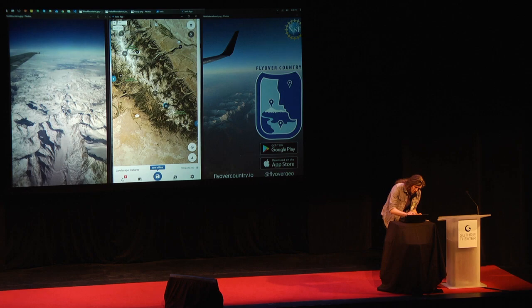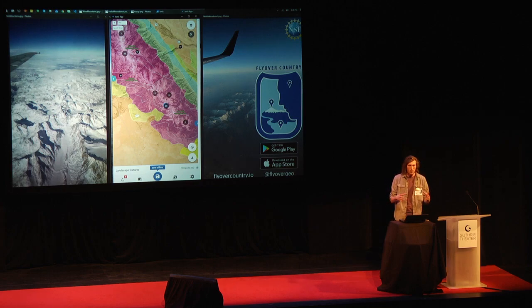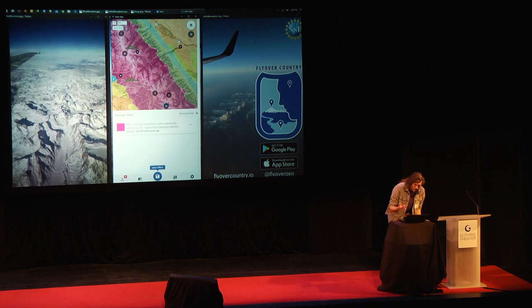I'm going to toggle back that geologic map to get us a little more colorful there. And so we can see all kinds of different rock formations there. If you want to understand something more about those, just tap anywhere on the map. It'll give you some pretty gnarly looking terms there, but Archean means old, like 4 billion years old. So this rock was formed at the time that life was starting on Earth. And you can think about that as you fly over that piece of land. That's pretty cool. That's really cool, I think.